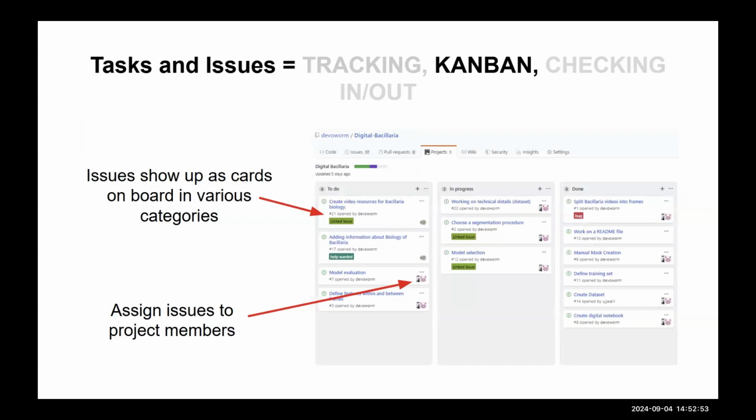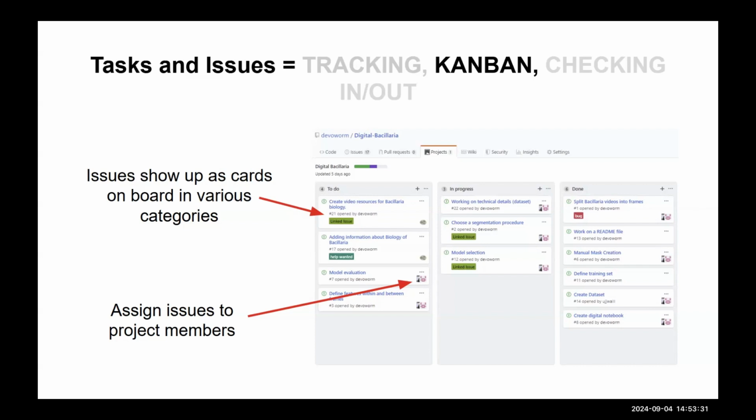And so we're going to work on these project boards where you take these issues and put them on a board of sort of priority. So you can actually track issues from their to-do. When you have a list of to-do issues, it's always to-do. Now, you don't want to have everything to do at once. You don't want to have 1,000 things in that category. So once you start working on them, you might move them to in progress. And then once you're finished, you might move them to done. So we'll go through more about this Kanban board model where you can move your issues around and track and review what their status is.